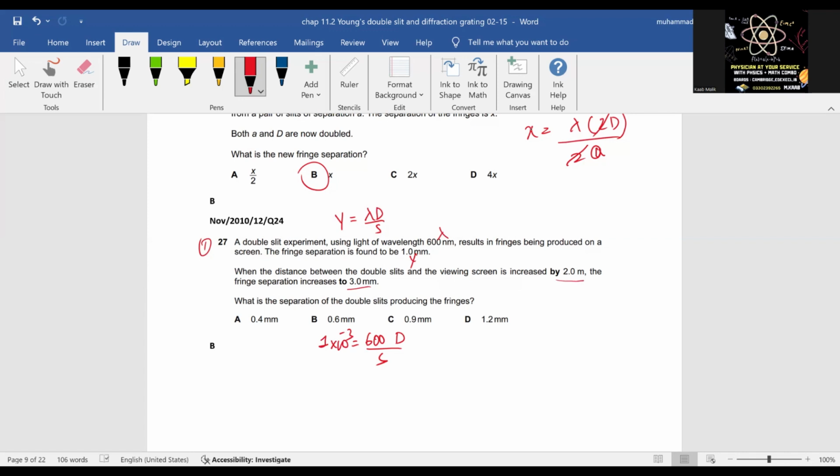दूसरा केस, व्हेन द डिस्टेंस बिटवीन स्क्रीन इज इंक्रीज्ड बाय 2। अब दूसरे केस के अंदर वेवलेंथ तो सेम ही रहनी है। सो वेवलेंथ हमारे पास 600 नैनोमीटर है, तो कन्वर्जन फैक्टर लगा लो 10^-9 का, यहाँ पे भी आ जाएगा 10^-9 का, और ये D हो गया। इन्होंने कहा है जब 2 मीटर से तुम बढ़ा रहे हो, इंक्रीज बाय 2 मीटर, तो इसका मतलब है कि D जो है ट्वाइस हो गया।